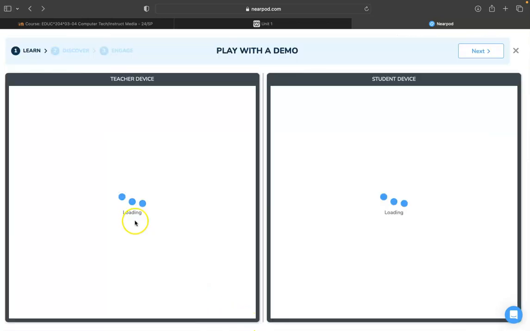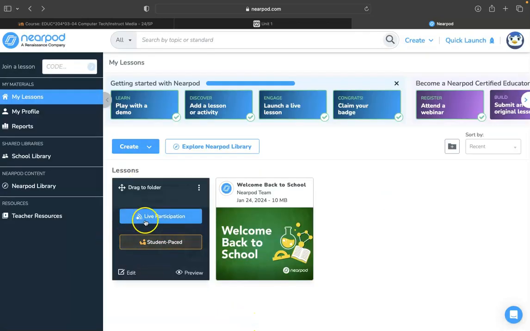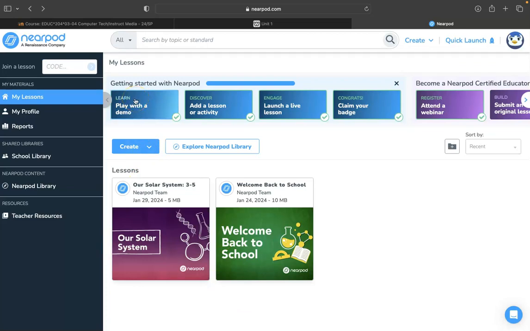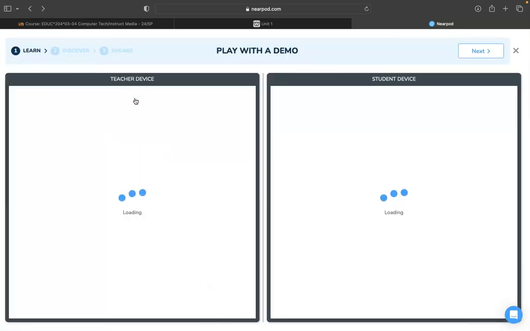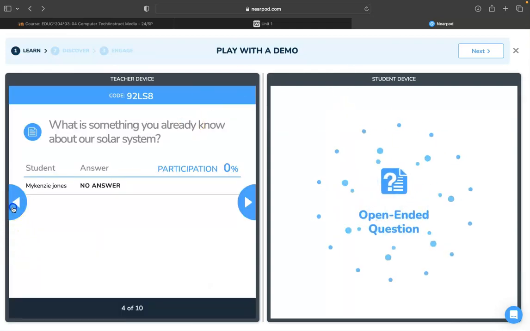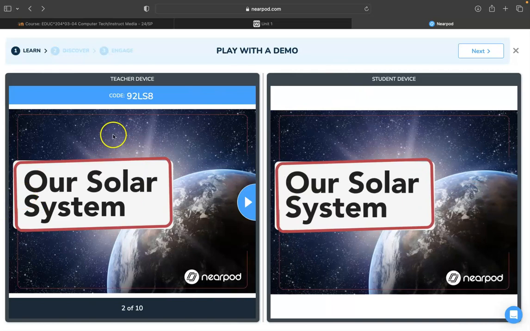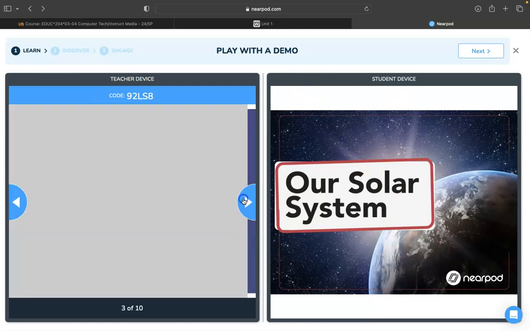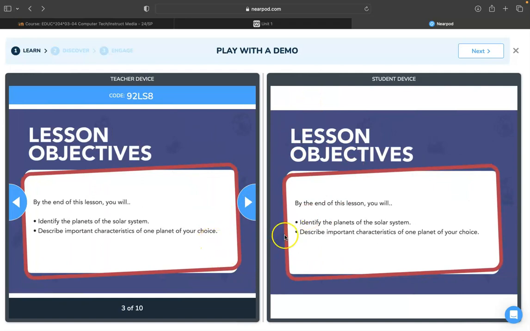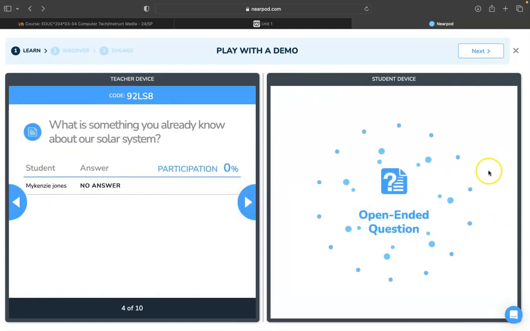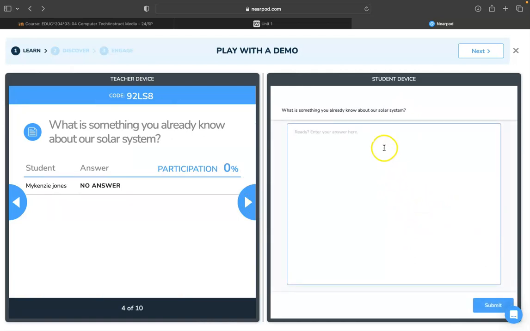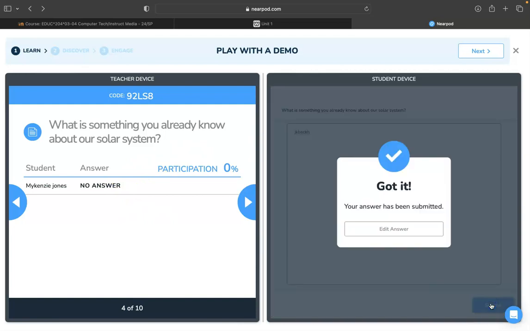But if I go back to my lesson, this was a demo lesson that Nearpod created, so I'm just going to hit this play with demo. It's just going to take a second to load. I was playing with it right before I filmed. So with this one, you can see the teacher device and how the student's device is showing it. If you click through, you can see that they're showing the same thing. The student will have the open-ended questions show up on their screen, and they will be able to type something and then hit submit. And then on the teacher's screen,